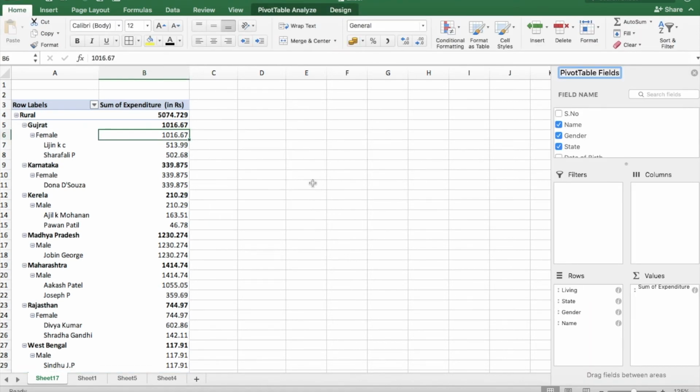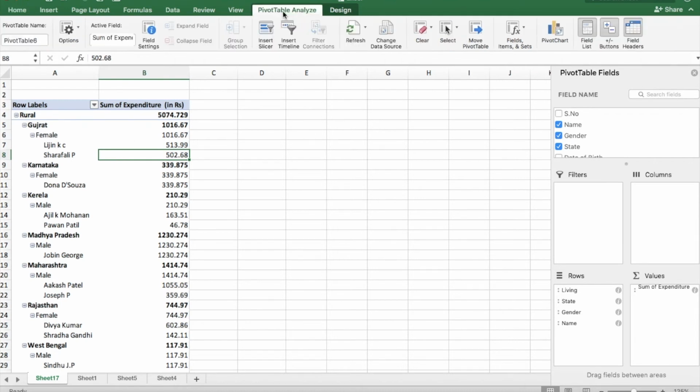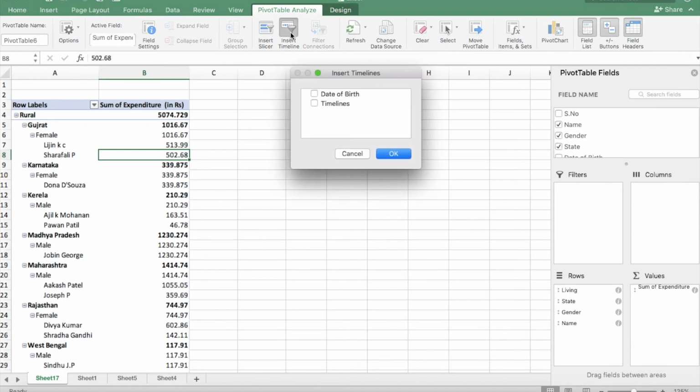So now moving on, we'll see another feature of pivot table. We'll again go to pivot table analyze, and we will see the insert timeline option is there. Now we will click on it and see what will happen. It automatically detected that in the data we have given 2 dates, one in the date of birth, one in the timeline.